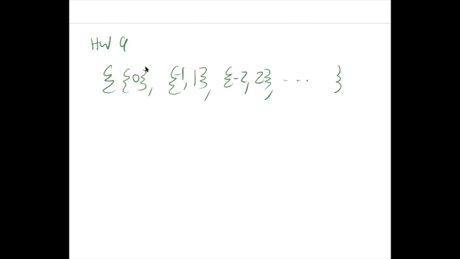We're going to consider classes that look like this. So let's say we have a partition like this. Right, and so the idea here is